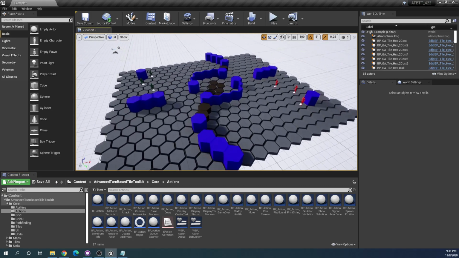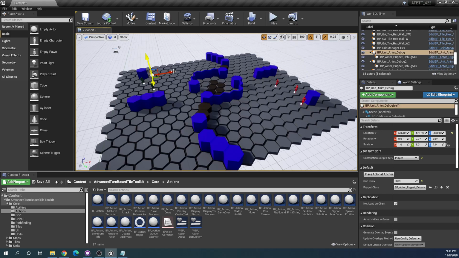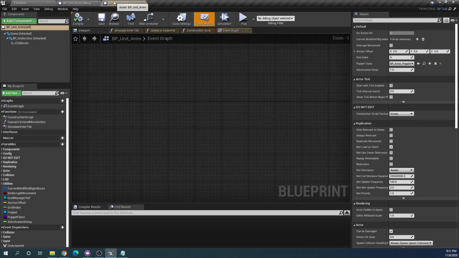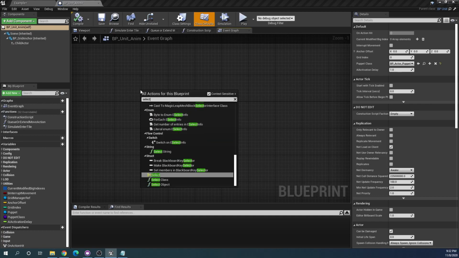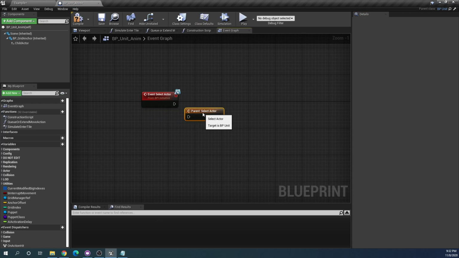So to show an example of how you would queue one of these new actions, previously you would use a macro for this, and now you do it differently. So if we go into one of these units, I can show a quick example. So going into unit anim and then overriding select actor,